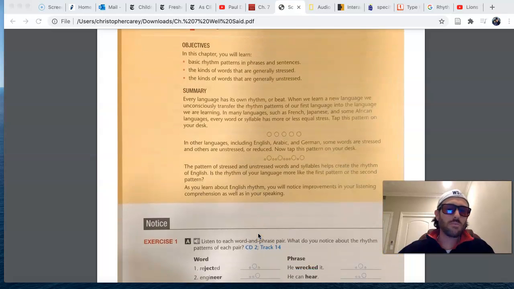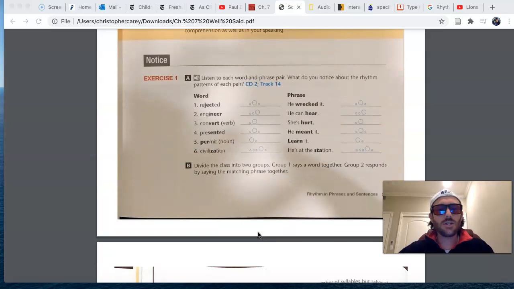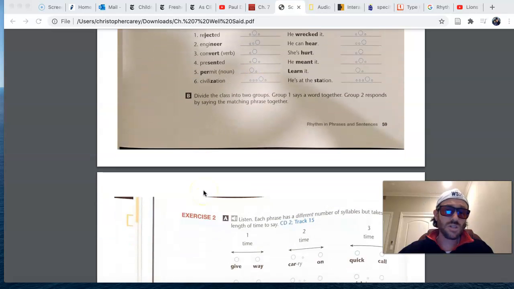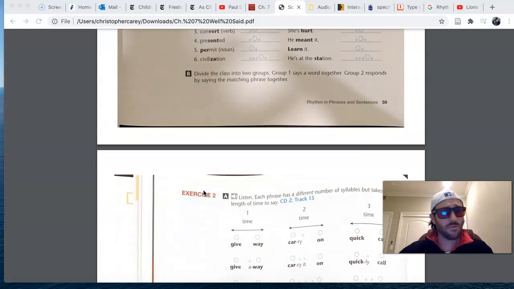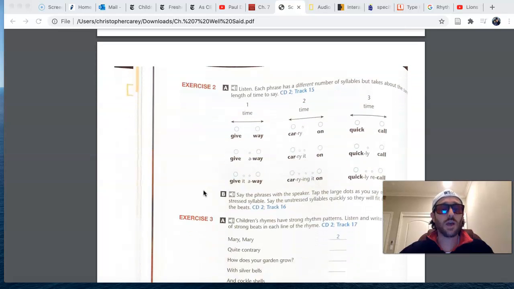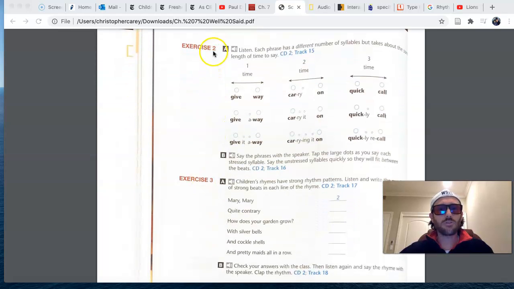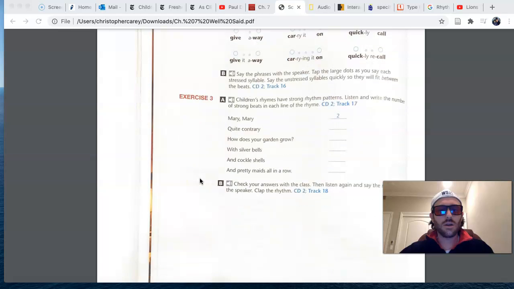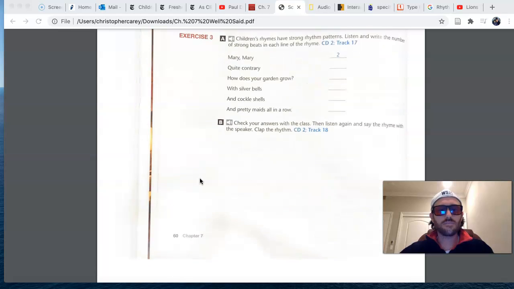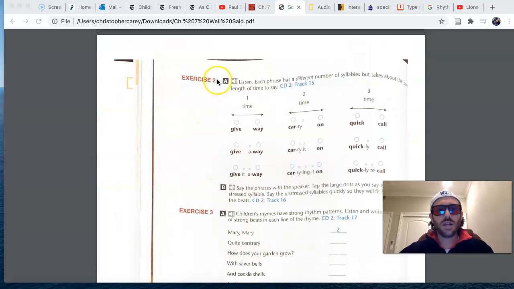So let's do a little bit of practice with the creation of rhythm. We're going to skip exercise 1 because this is a long chapter. You got a lot of practice in this chapter. We're going to do exercises 2 and 3 on page 60. Exercise 2 just demonstrates to you that even though there may be more syllables,